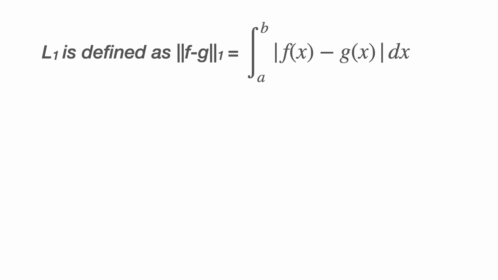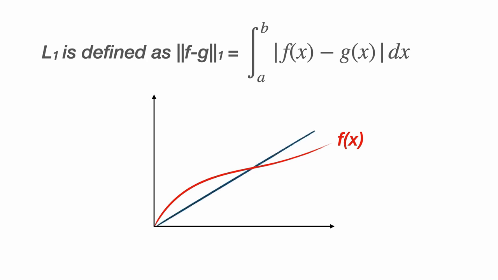To get some intuition as to what's going on, we'll first look at the L1 norm of f minus g. This is the integral of the absolute value of f of x minus g of x between a and b. Showing f of x and g of x on this graph, the L1 norm is the area enclosed between the two curves, and I've shown this in grey. So you can see why this makes a good measure of how close the function g is to f. Ideally, a good approximation would stay close to f of x all the way along the interval, and the shaded area would be as small as possible.